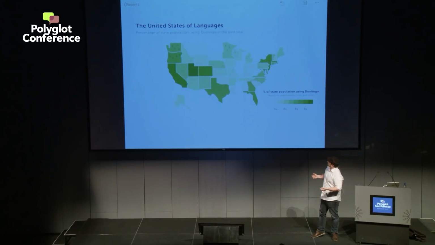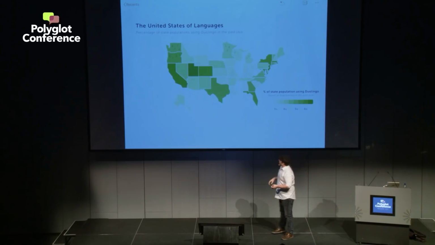And so where do you get this information? There's a lot of different ways. I like what some institutions actually have open data. They make some parts of their data set available to everybody. So Duolingo, for instance, shows us how many people in the US per state are actually using Duolingo in the past year from whenever this chart was made.